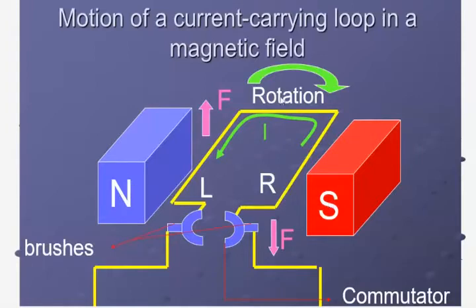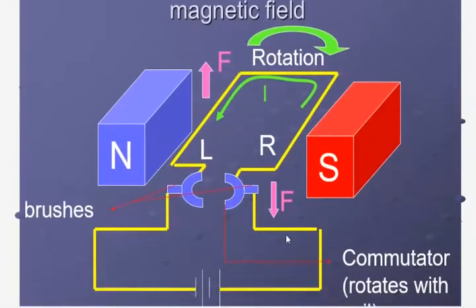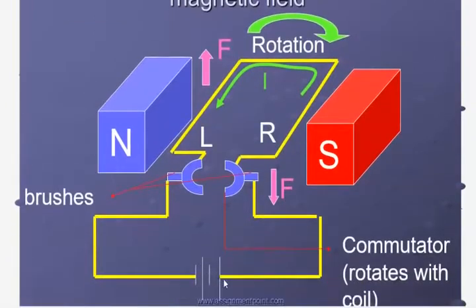So for this rectangular coil, this region will be treated as a region of external magnetic field. The magnetic field will be directed from this pole to this pole, that is, in this direction. And you see here, a battery is connected. So this is the positive terminal and this is the negative terminal. So if current starts flowing in this way,